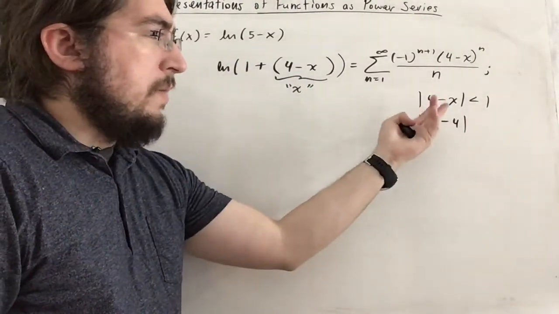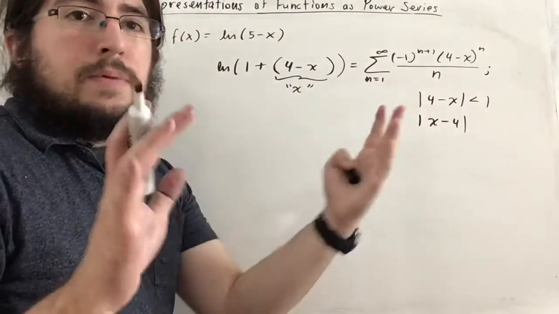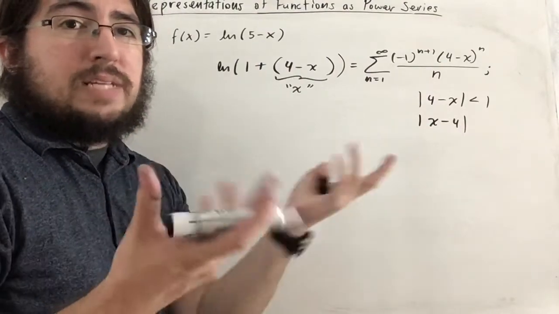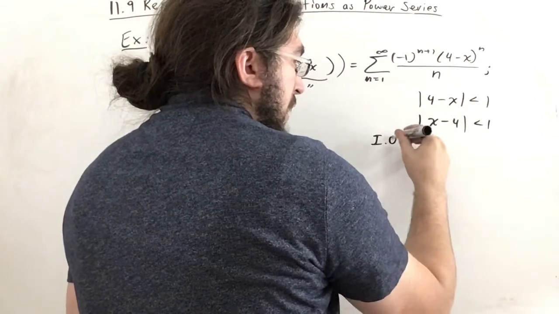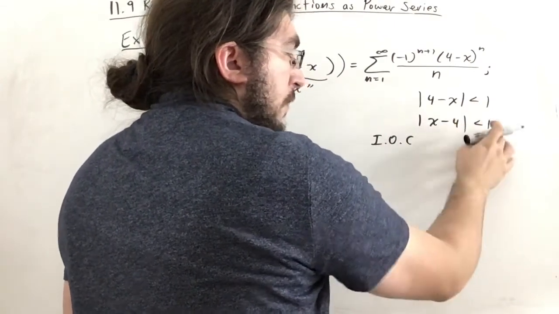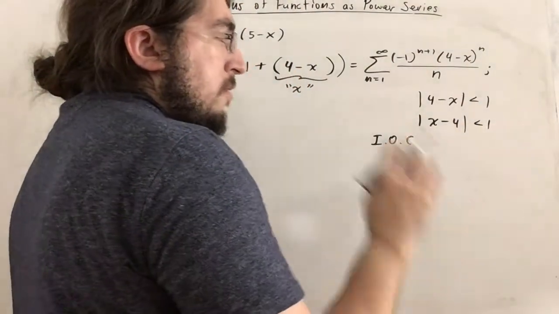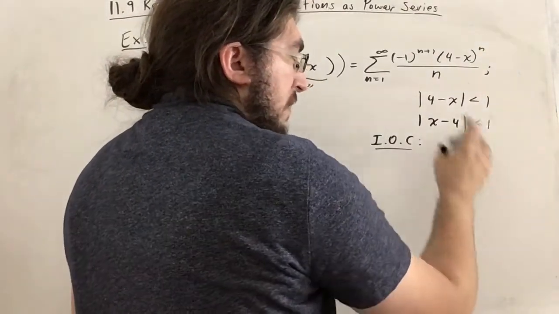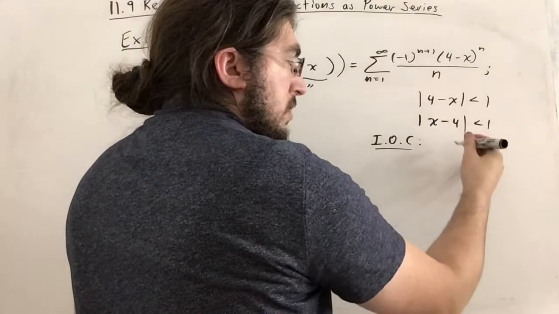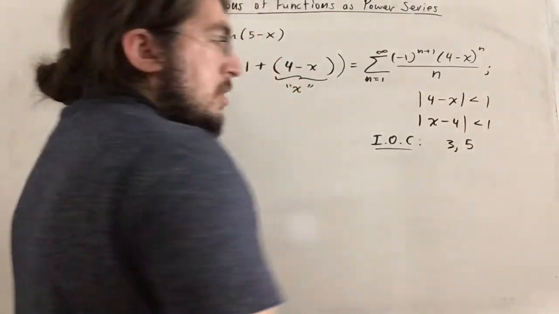I mean, if you think about it, really, this is just negative that. But in the absolute value, if they're negative, they have the same absolute value. So now the interval of convergence is centered around 4 with radius 1. So if you start at 4 and add 1, you get the larger limit, which is 5. And if you start at 4 and subtract 1 to get the first limit, you get 3. So this is 3 to 5 with